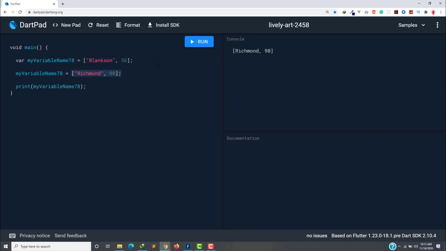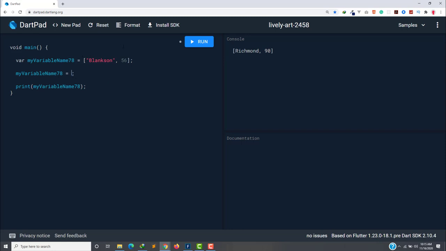Okay. Now, the var keyword, when you use the var keyword, you can't change the data type. Once you've assigned a value of a specific data type to that variable, you can't change the data type of the value that you want to store there. You see, I store the same kind of data in that